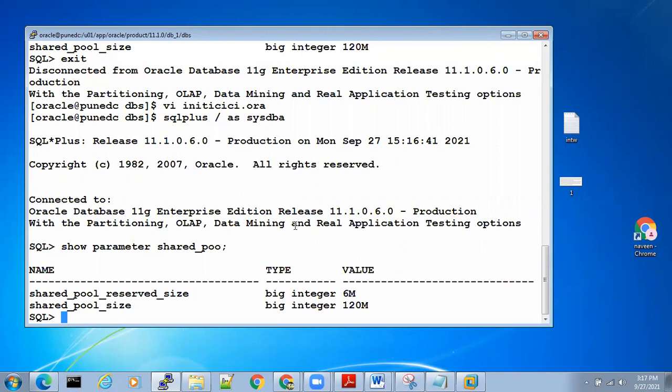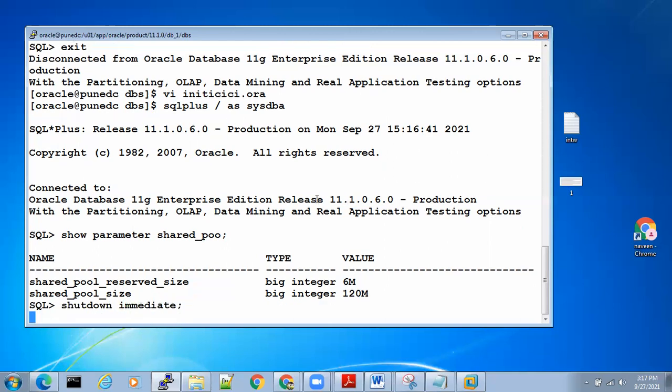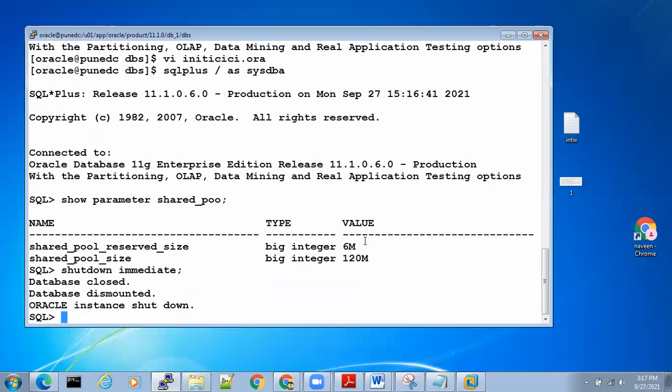Okay, yes. So the database is already started with 120. When the database started, it read all the parameters, where the parameter was 120, and it has started with 120 only. Once the database is started, if you go and edit the P file, it will not affect. For it to take effect, you have to restart the database. You have to shut down the database and then start the database again. This time, when it starts, the instance reads the new parameter.